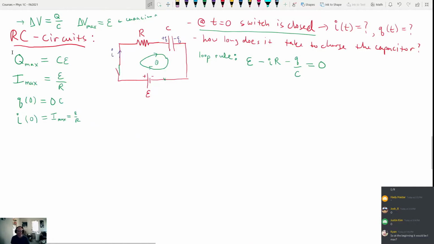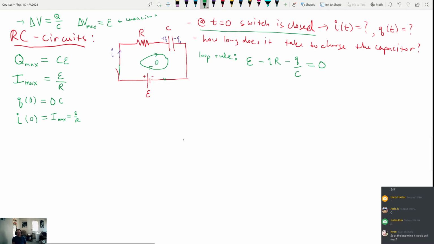Okay, so we've come up with an understanding of what we think is going to happen. We believe the maximum charge on our capacitor is C times E. We believe the maximum current flowing through our resistor is going to be E over R. We know that at time equal to 0, the capacitor is uncharged, and we know that at time equal to 0, the current should be maximum. So all we need to do is solve for these values of the functions, and then we hope that this stuff bears out to be true as we're doing it. Okay, specifically those two